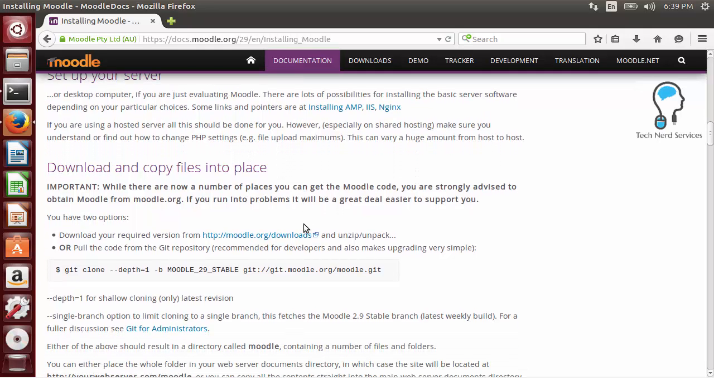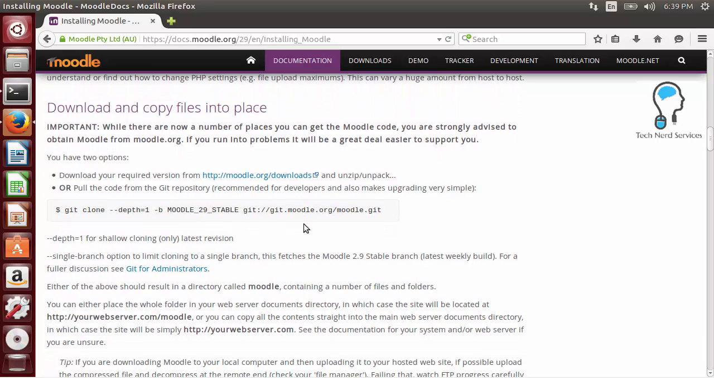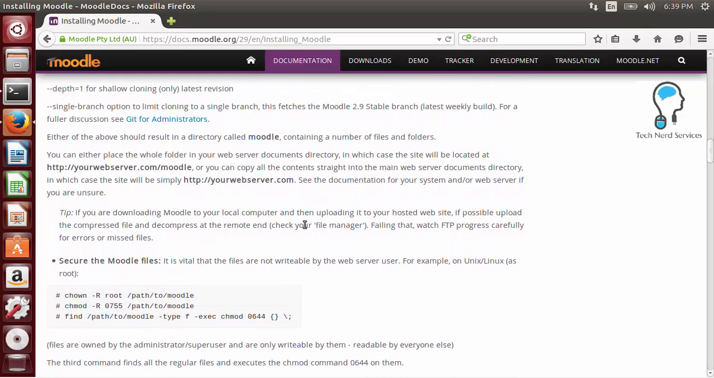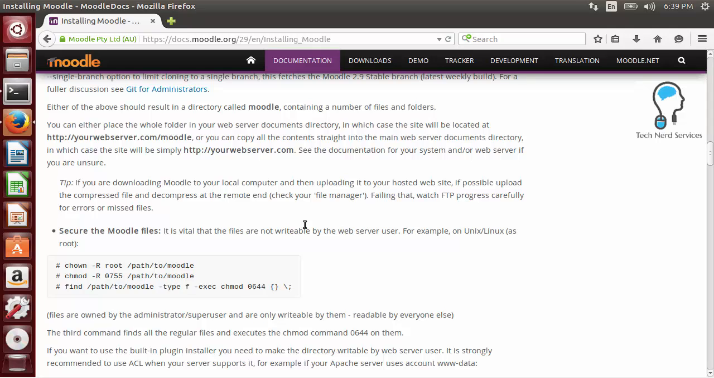We have already downloaded a copy of Moodle, so we don't have to worry about the download and copy files instructions since we already have them. We can scroll down a little and it does give instructions for a web server. We are going to install a web server and then from there continue with the instructions here. Here it does give instructions of whether you want Moodle to be a subdirectory or the main component of your